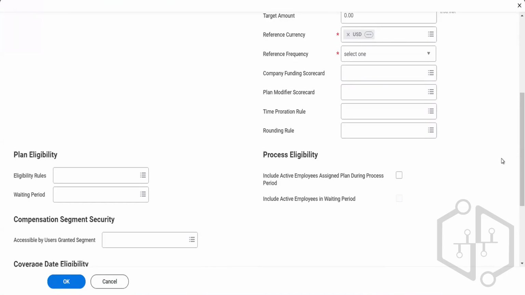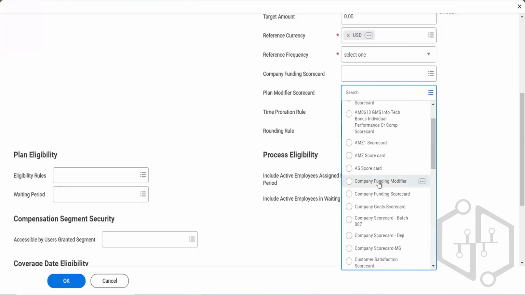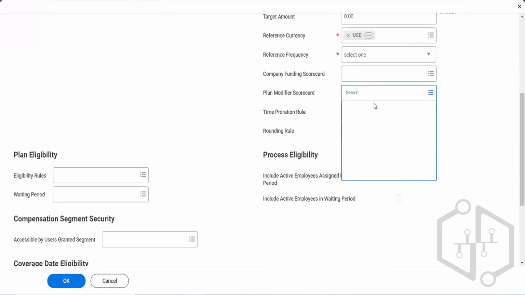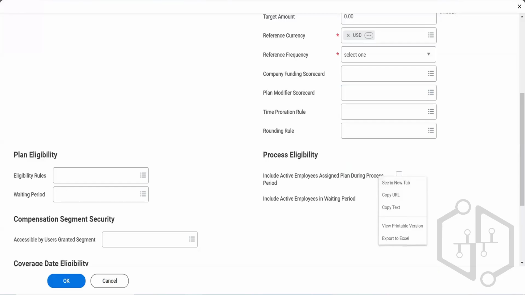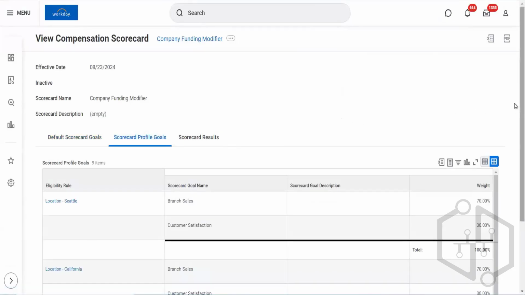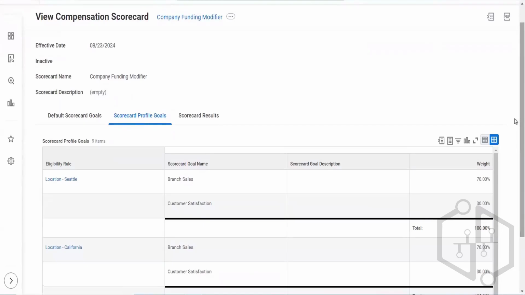If in case I want to modify the target of the scorecard, you can see here, if I want to make any changes to the targets that we already have in place,